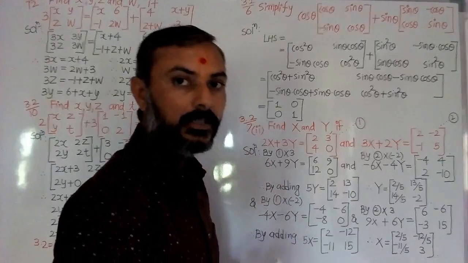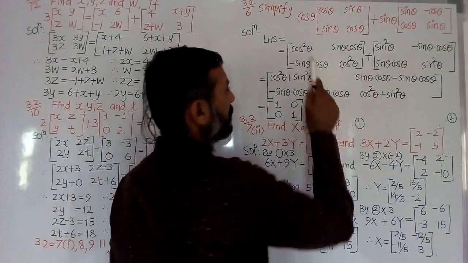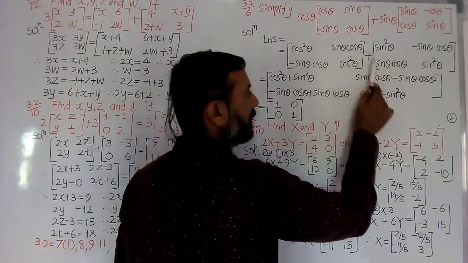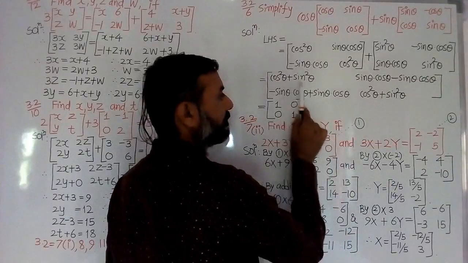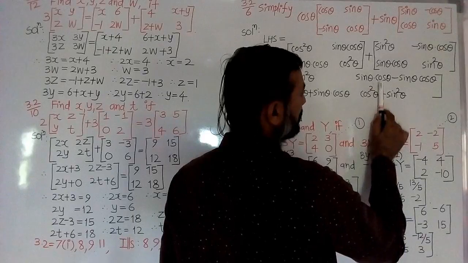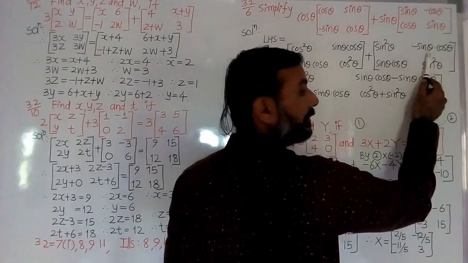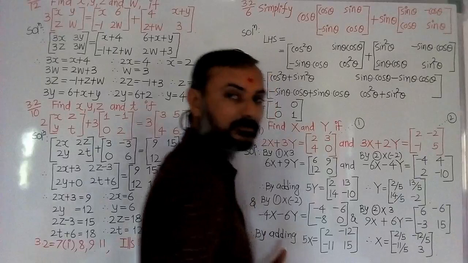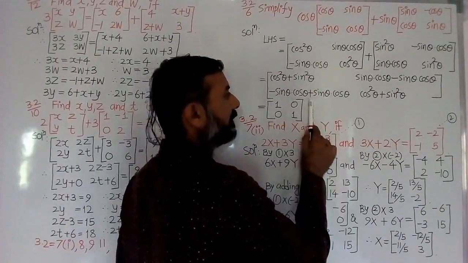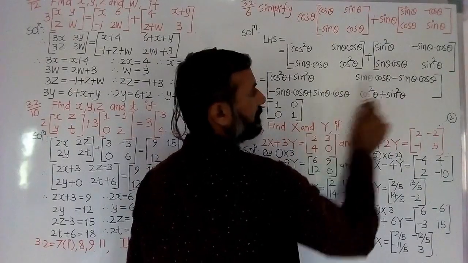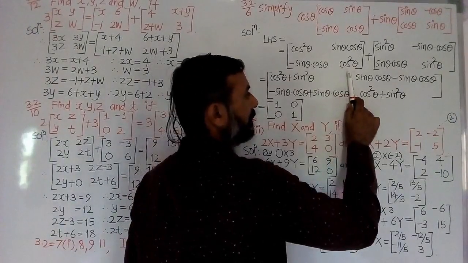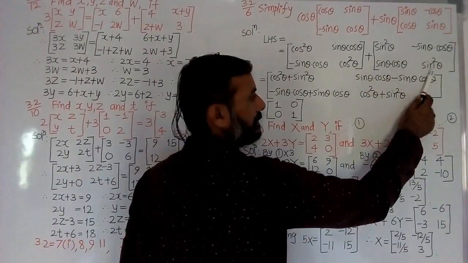Now plus means we have to add both matrices, and in addition, how to add? Simply we add the corresponding components. So this is one component, this is one component, so we add cos square theta plus sin square theta here. Then here sin theta cos theta, but this is a negative element, so minus sin theta cos theta. Next, minus sin theta cos theta we write here, and plus sin theta cos theta. Next, cos square theta plus sin square theta here.